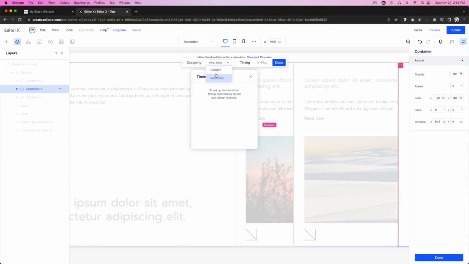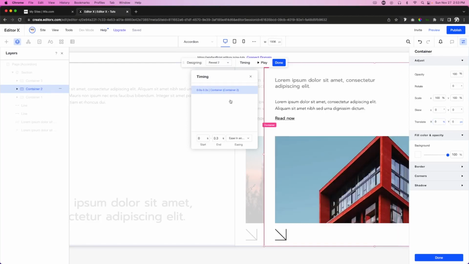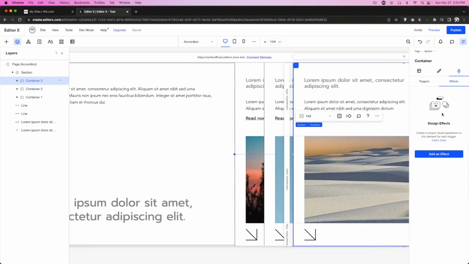So now when we actually hover over it for the reveal 2 effect, we want to translate this back to 0%. So now it's going to be right here. So we'll go ahead and press done. Next, let's go ahead and do the same exact thing